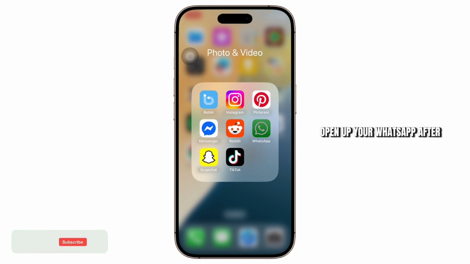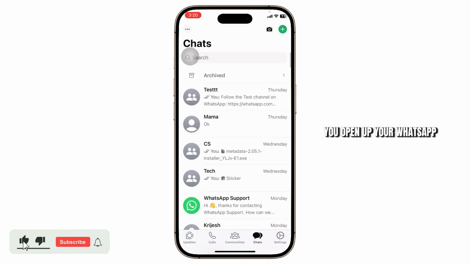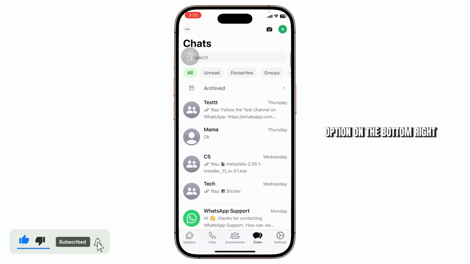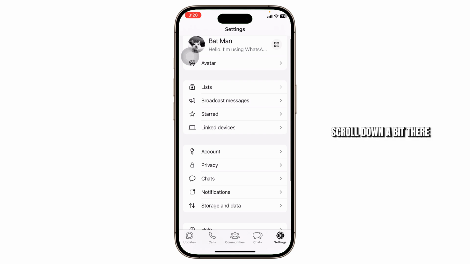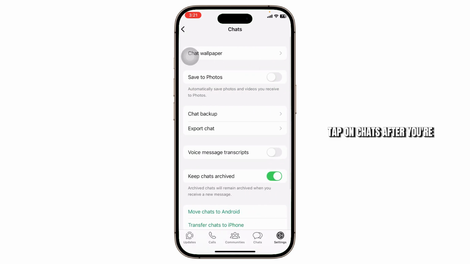First step, open up your WhatsApp. After you open up your WhatsApp, there you will see an option on the bottom right called Settings. Tap on the Settings and you should be on your settings for your WhatsApp. After you're on your settings, scroll down a bit. There you will see Chats option. Tap on Chats. After you're on your Chats section, what you'll then need to do is head